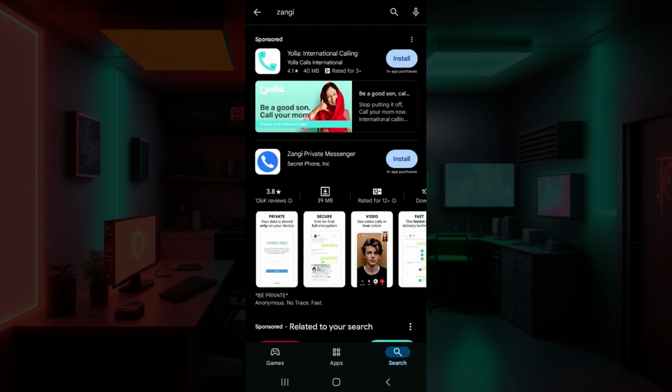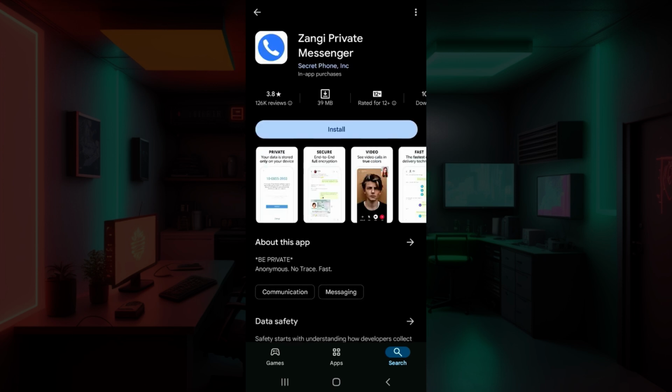And guys, this is it. This is the application that we want to install, that is Zangi Private Messenger. Do note that you can directly install it by clicking on this install button. Else, if you want more information regarding this application, simply click on the app icon and you will be redirected